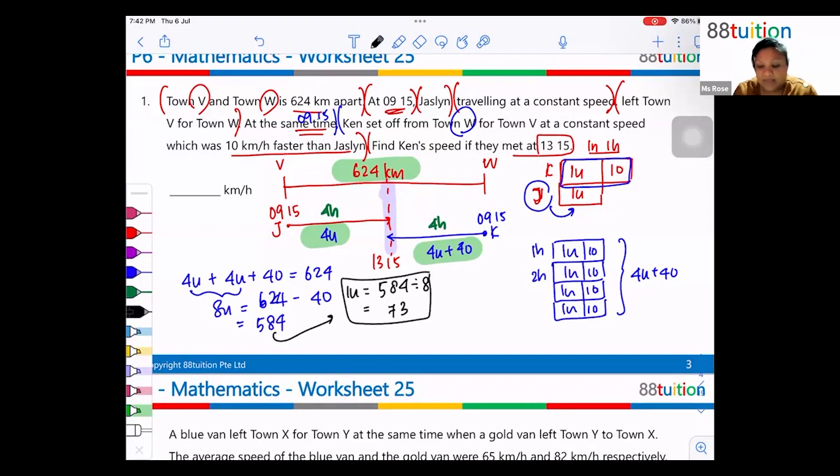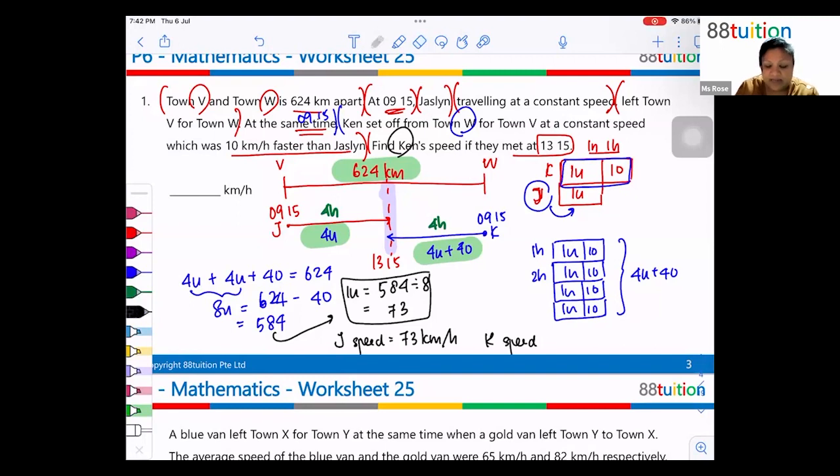1 unit is 73. That means the distance traveled by Jaslyn in 1 hour is 73. Then I can also say that Jaslyn's speed is equal to 73 kilometers per hour. Now, the question asks for Ken's speed. So that means Ken's speed,